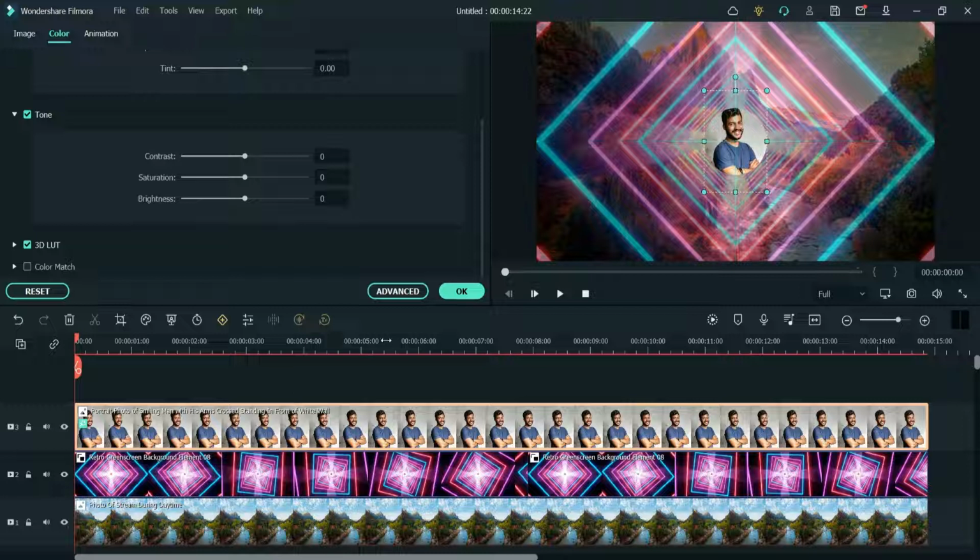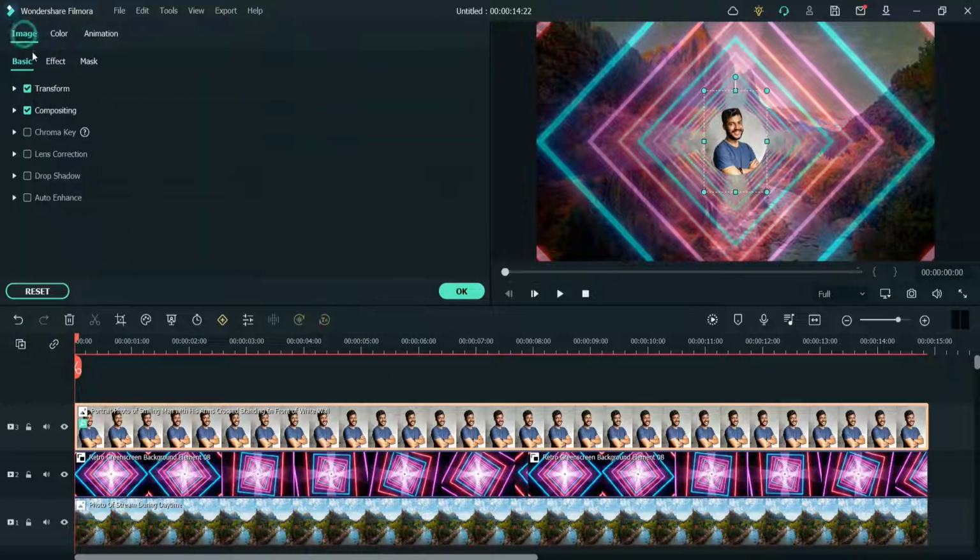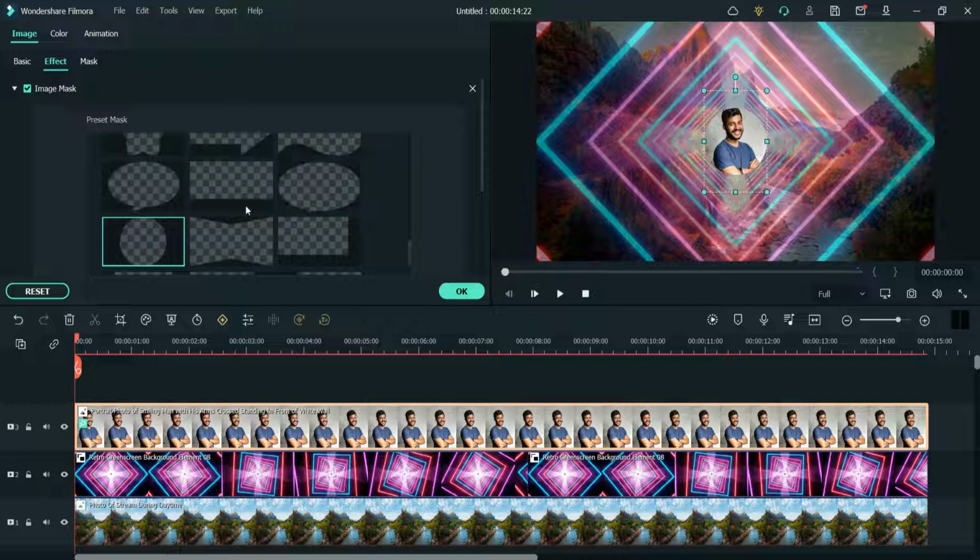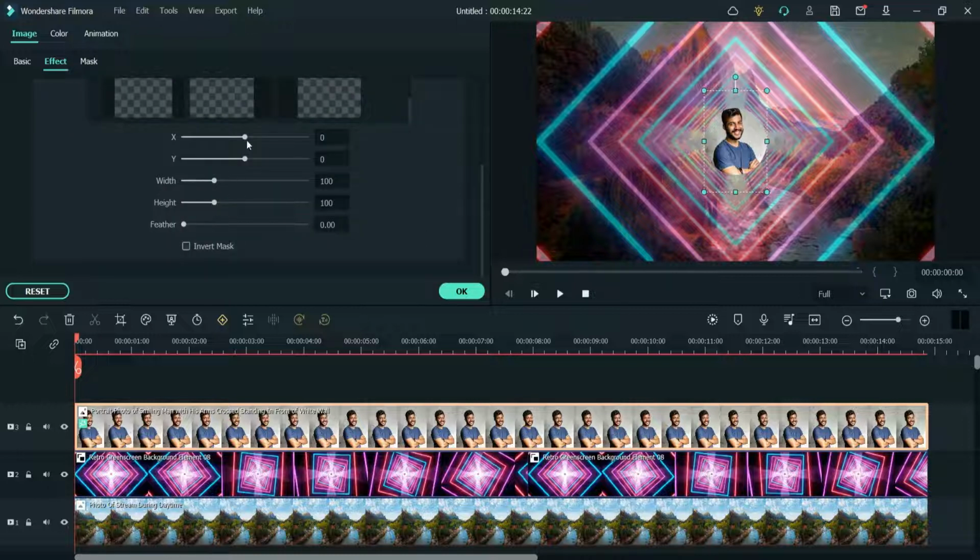All right, now double click on it, go to image and then go to effect. This is the image mask effect, so click on it. We are using the round. Change the position on the x-axis or y-axis. All right, so this one looks good. Okay, now